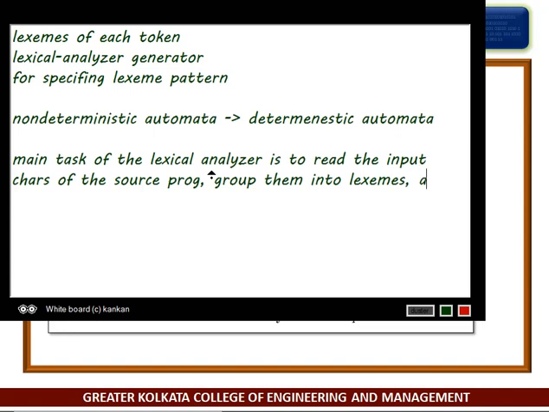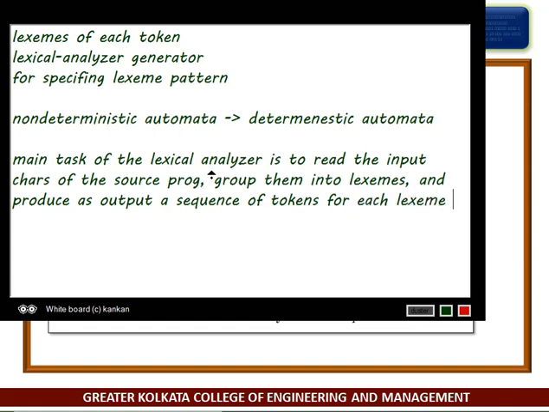and produce as output a sequence of tokens for each lexeme in the source program.